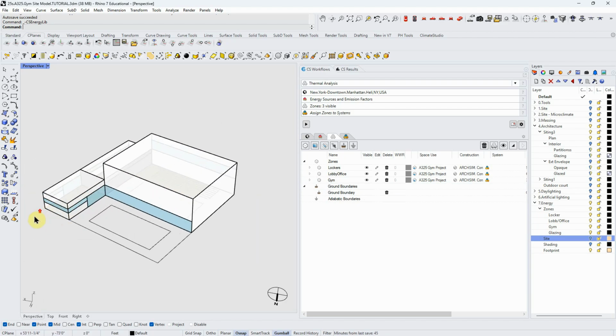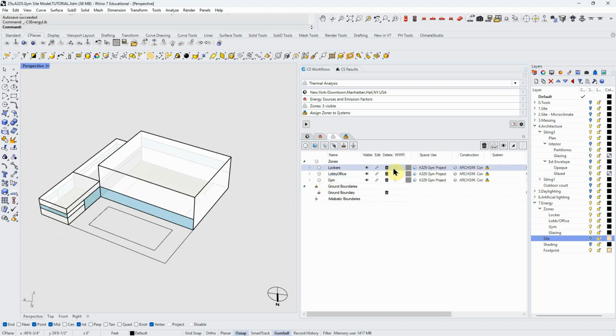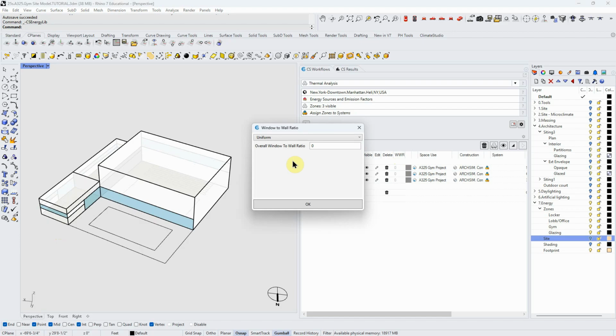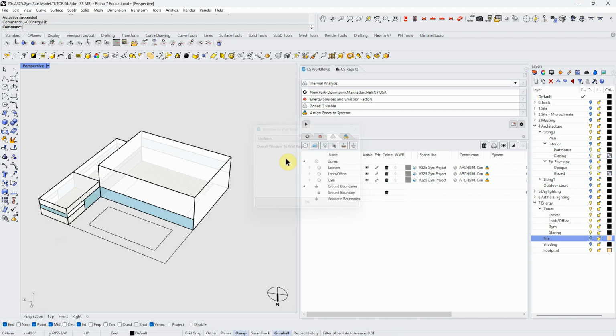If you're just trying to be down and dirty and you don't have a lot of time, you can automatically set window to wall ratio. Let's say I'll do it here again. I'll say 0.5. Half of my wall is window,